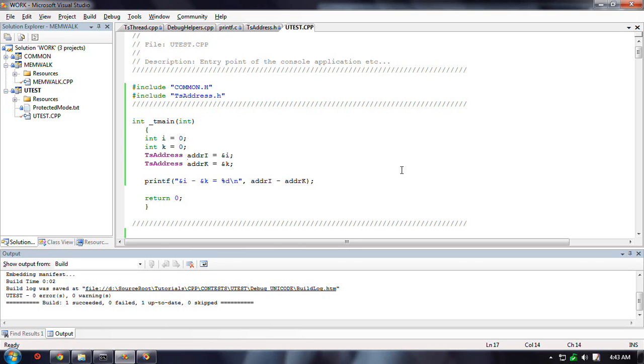assigning these things. It can be assigned the address of something. Here I have two variables on the stack, and I'm assigning the address of the variable i into this address object, and k into this address object. The funny thing is the result of running this program, which